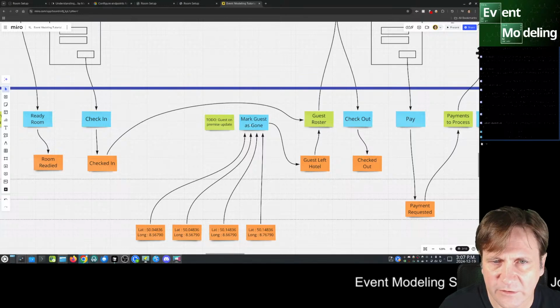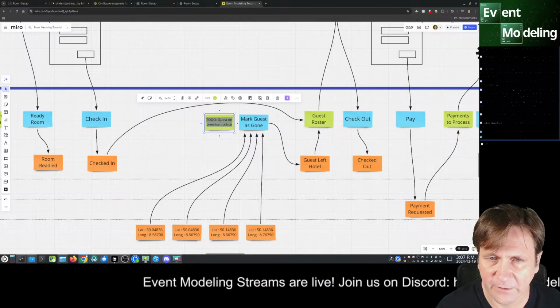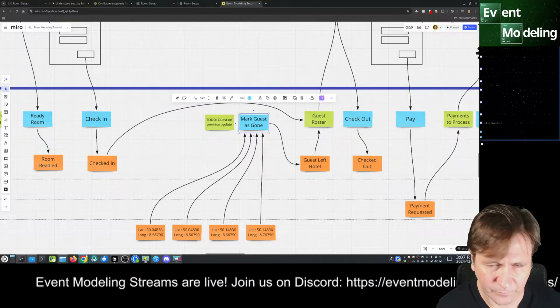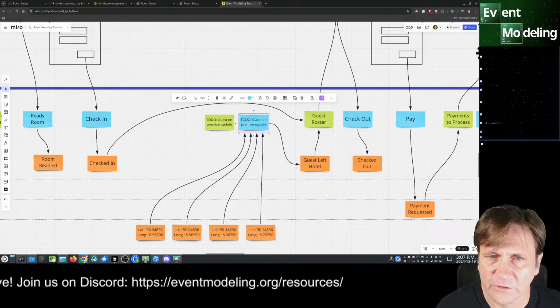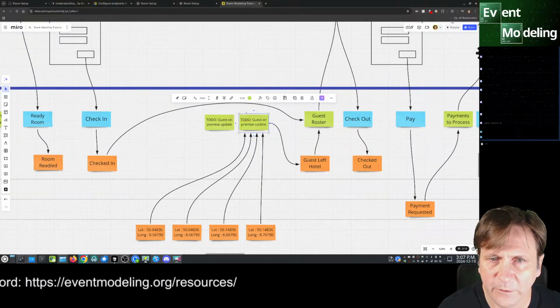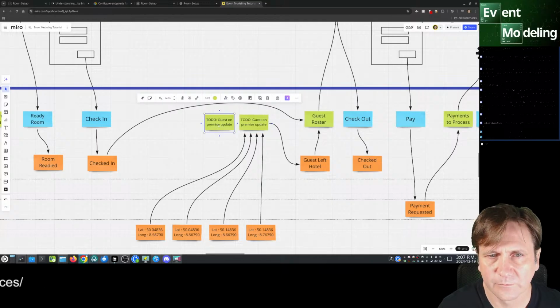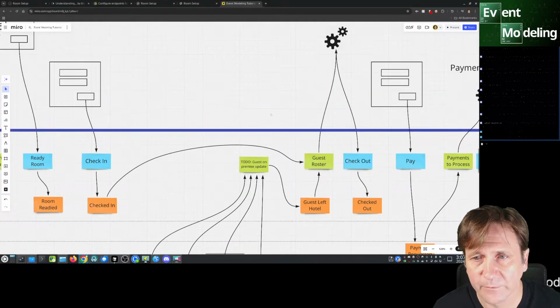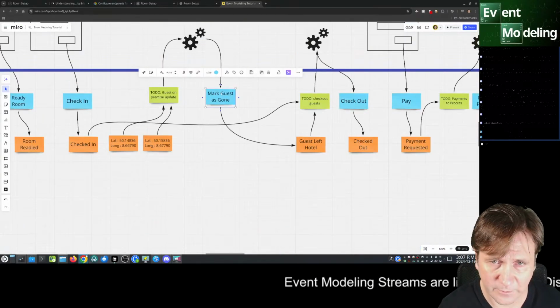In fact, it's probably easier to do it the other way, so I don't have to play with those arrows. Just change the color to be this green. Delete this one. And then what do we have here? Mark Guest is gone. Copy.